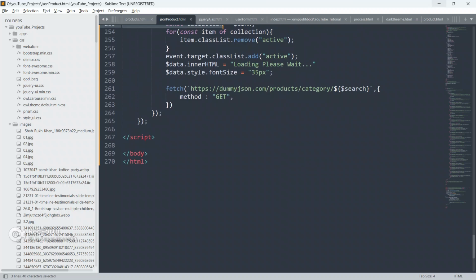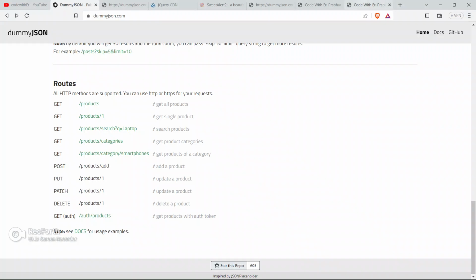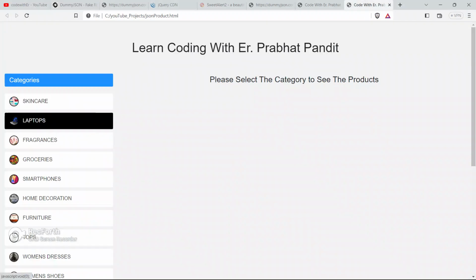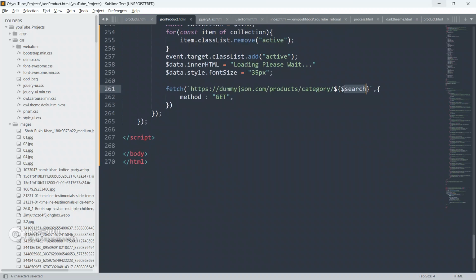So here we are grabbing this search link and we are replacing it here.